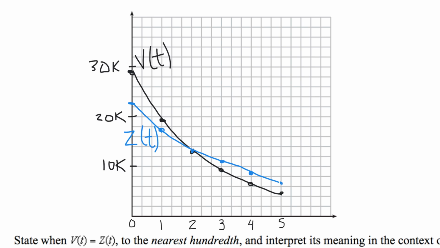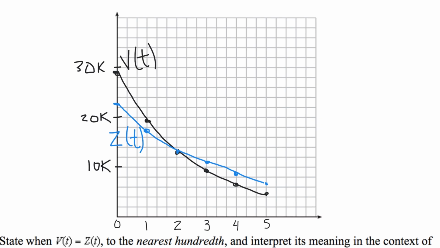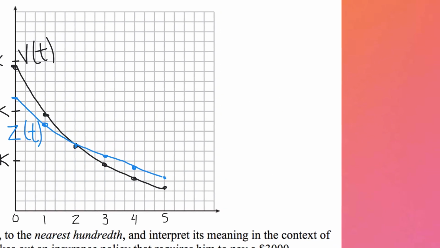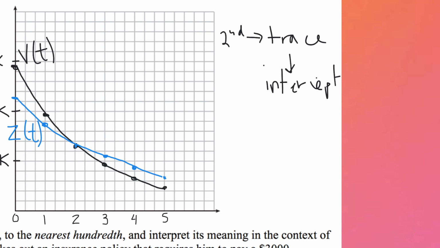Okay, now for the second part of this question, it asks us to state when the two graphs or functions are equal to each other and interpret its meaning in the context of the problem. So using your graphing calculator, you would press second trace and choose the intersect option. And then it would go through first graph, second graph, guess. So you basically just have to press enter a few times, and it'll output the x value of where the